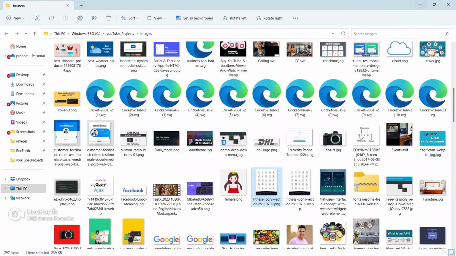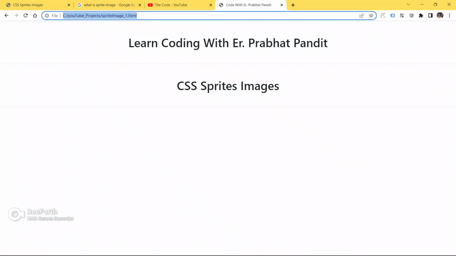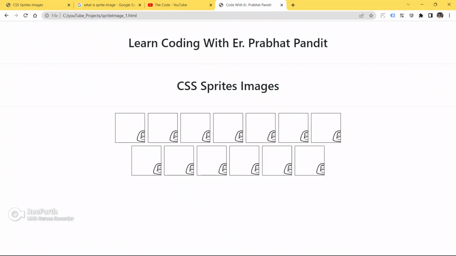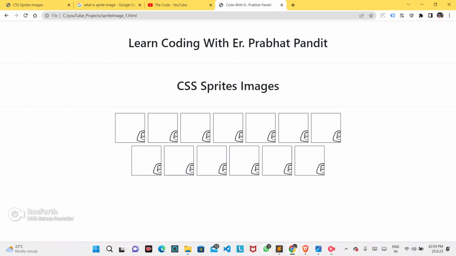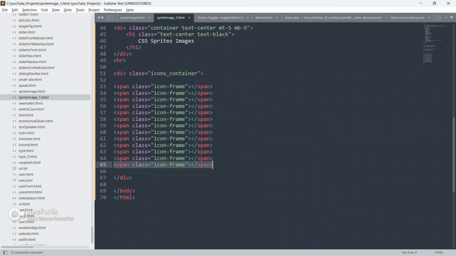Okay, so save your code, go to the browser and refresh your page now. See, we got the same image, guys. Okay, so now let me put one more span tag to make it even.